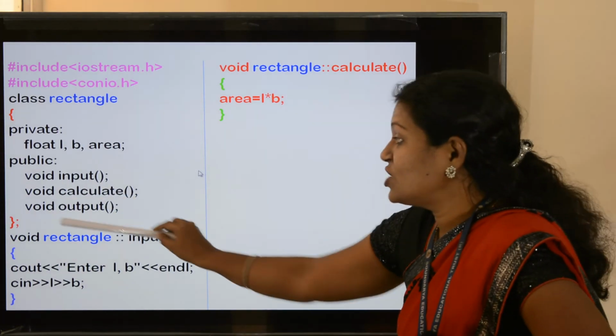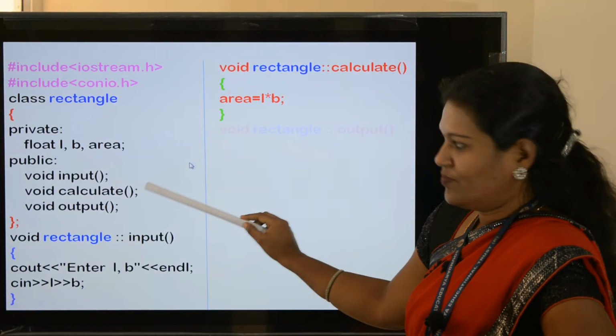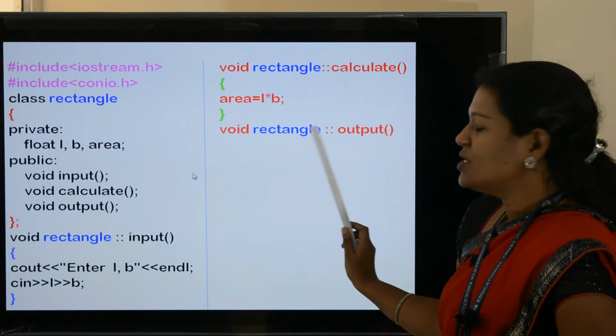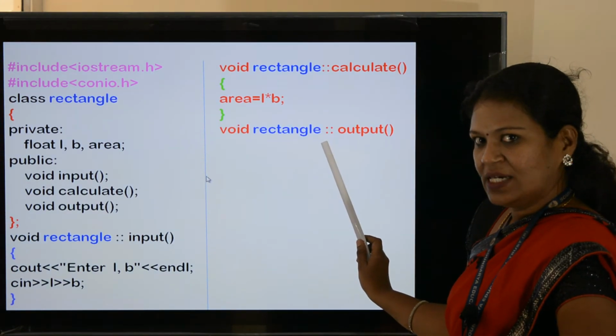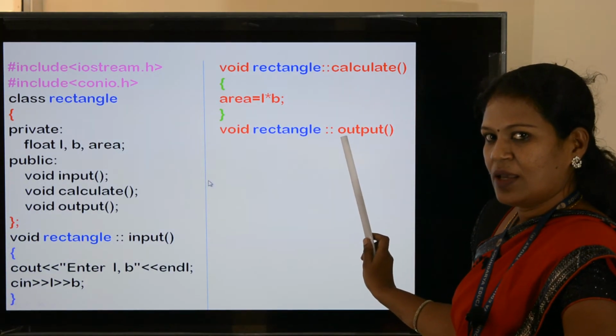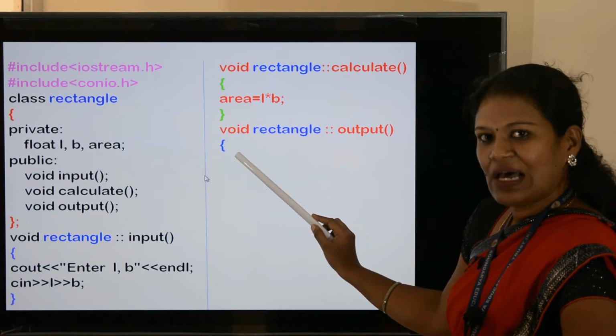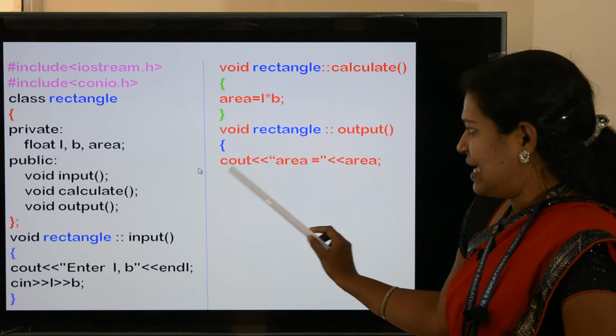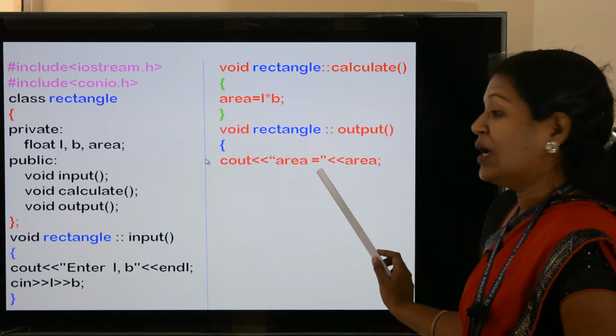What is the next function here? Output function. See now, void Rectangle, scope resolution operator followed by the output function. Then open the curly bracket. Then the output statement, cout area equal to.